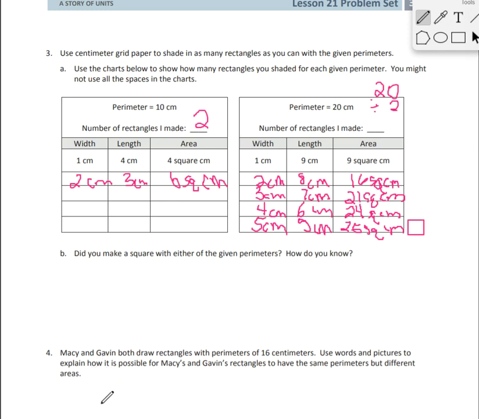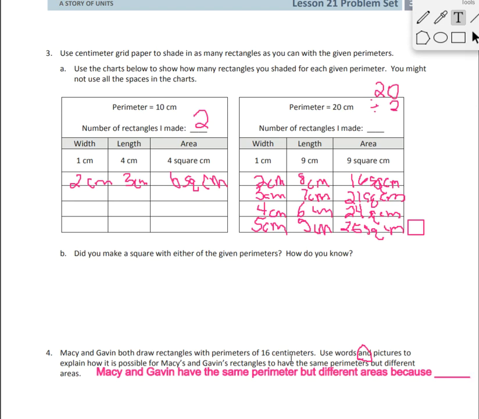I'm going to look at number 4 now. It says Macy and Gavin both draw rectangles with perimeters of 16 centimeters. Use words and pictures to explain how it is possible for Macy and Gavin's rectangles to have the same perimeters but different areas. So the first thing that I'm going to do, I'm going to write my words, and I'm going to say Macy and Gavin have the same perimeter but different areas